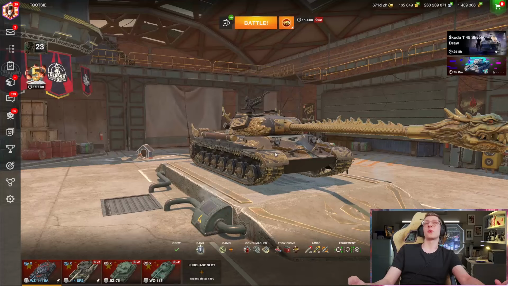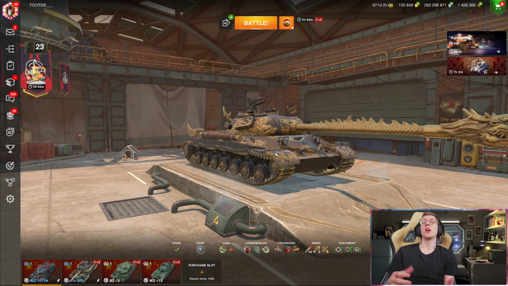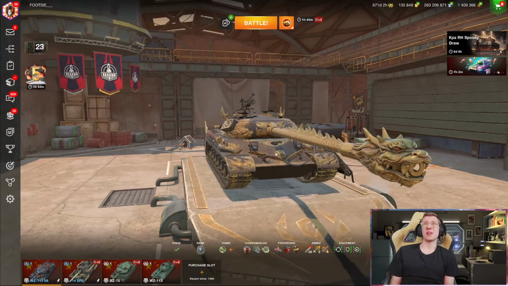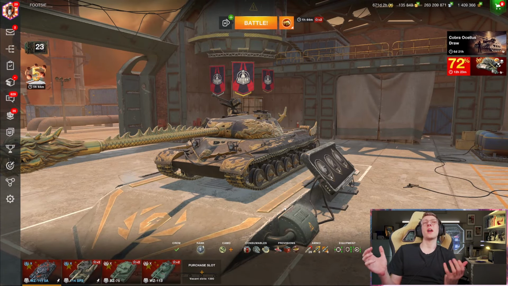But we had a pretty good result, 4,300 damage. And even then, it shows where the 5A is really solid. You can see why I enjoy playing in this tank. The gun is nice, the DPM is great, its mobility is fantastic. It really is the jack of all trades when it comes to heavies, and it's why I love playing in